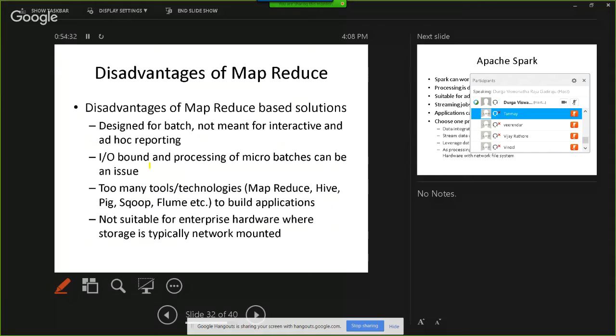But the main point is there are too many technologies, and coordinating with all these technologies is a nightmare. For example, you have a relational database, and per day you are trying to get 10 GB worth of data, and you have to use Scoop to get the data. And Scoop is just a bunch of commands. Using those commands, you cannot build an application. If you want to build an application, you have to use some programming language. Either you have to develop Java based or shell scripting based or something. So that module itself has to run independently to get the 10 GB data every day into the system.